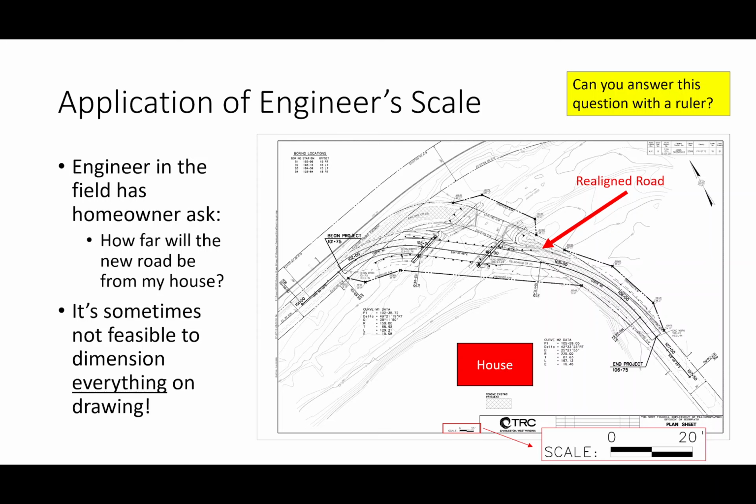The idea is that it's sometimes not feasible to dimension literally everything on the drawing. But I propose that if you print a drawing to a known scale, then in one way, everything is dimensioned. If you know the scale of the given plot, then with this, you can determine any dimension on the drawing. I would argue that printing to a known scale is a means of annotating dimension. I told you that there were really two ways of dimensioning a drawing. There's the direct approach, which is actually listing the dimensions, and then the indirect approach, which is printing to a known scale. That's what we're talking about here.